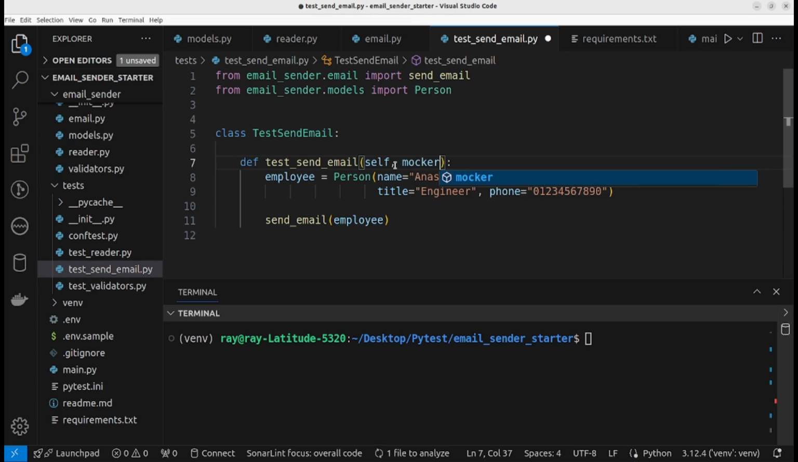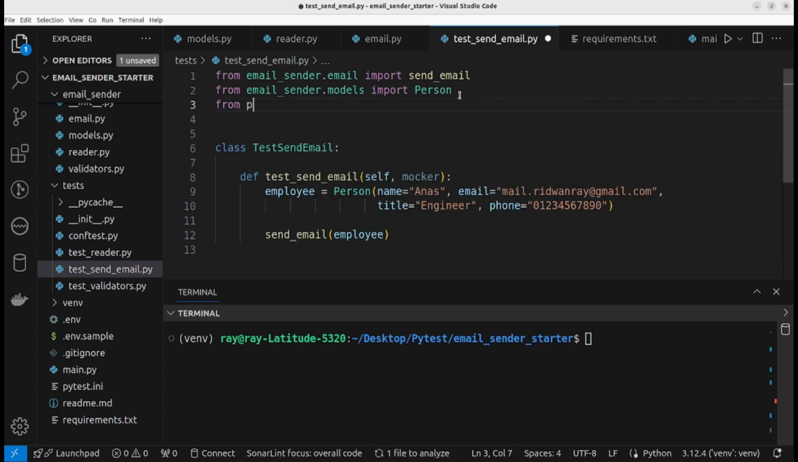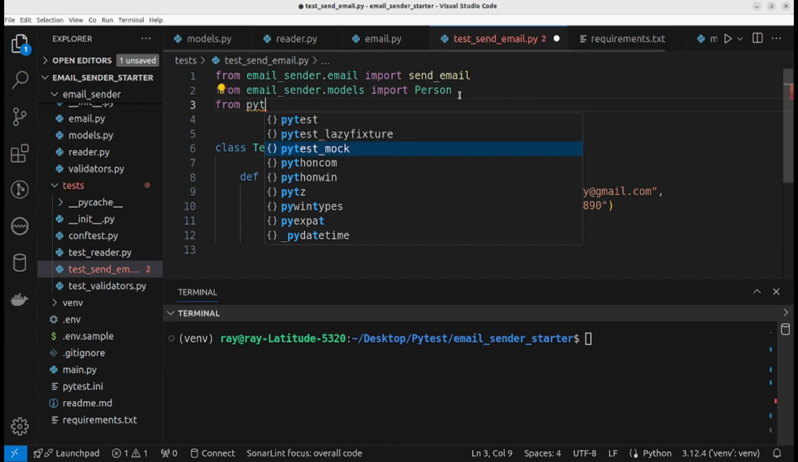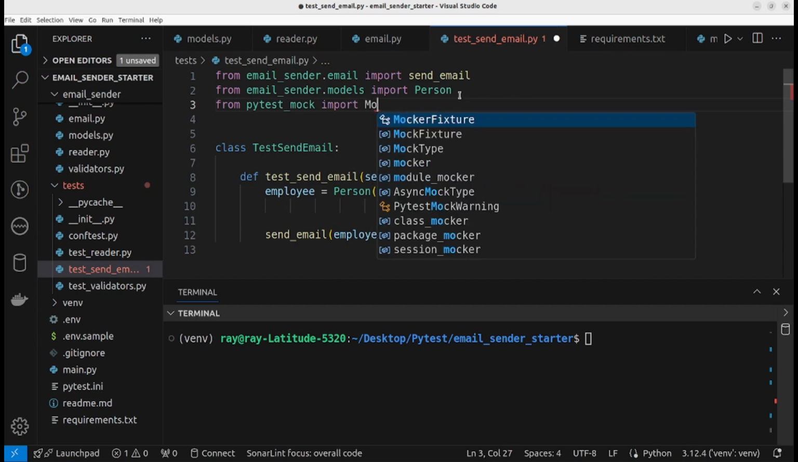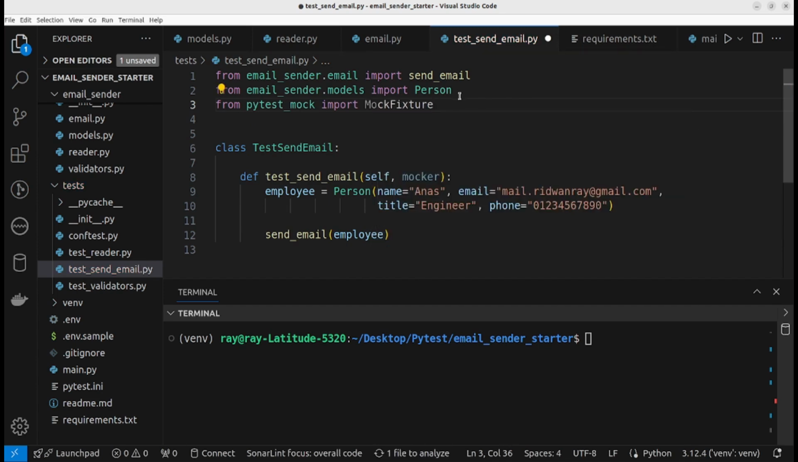Mocker, from pytest_mock import MockFixture. So the type of mocker is MockFixture. So we can say